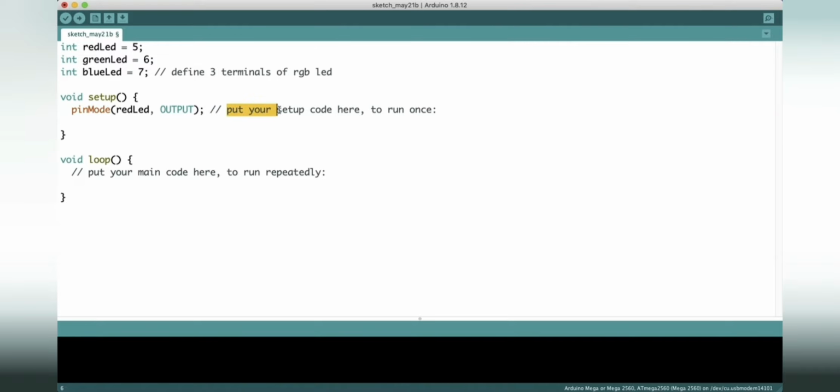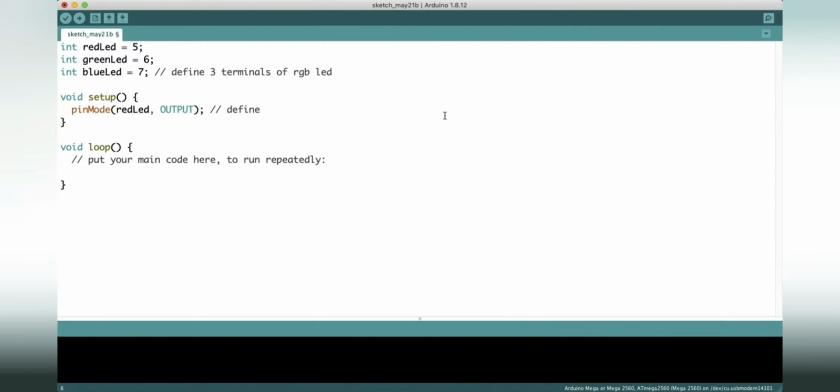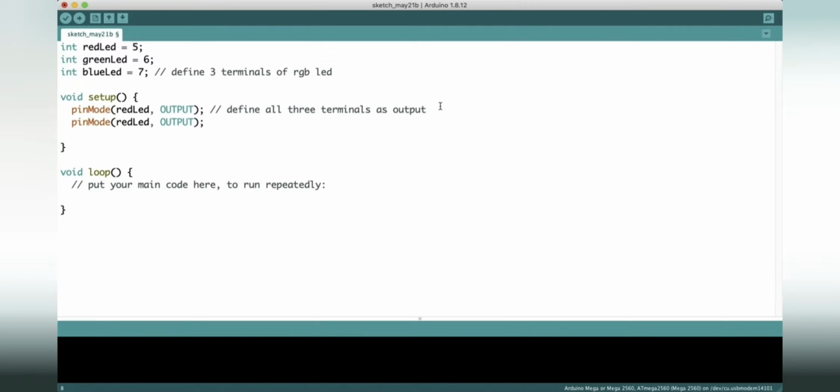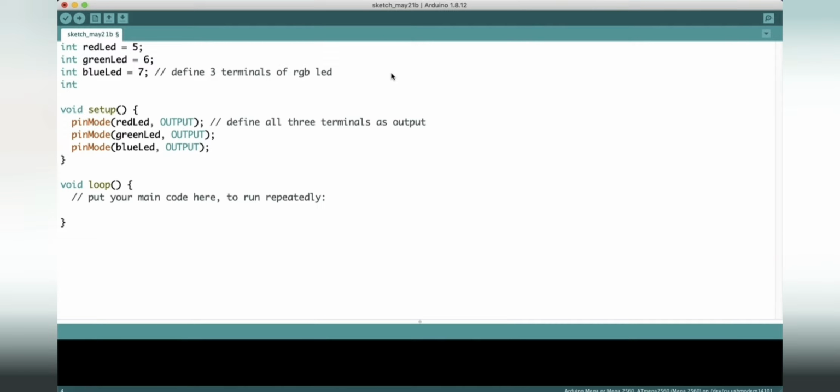Then we will write in the comment that we have defined the terminal as output, as many of us are beginners here. The comments actually help a person who is reading the code to figure out what is for what. So it is a good practice to write comments after every statement you make. So we have defined all our LED terminals as output. Now we will provide some delay. It's a good practice to define delay beforehand, than writing numbers in between the code.